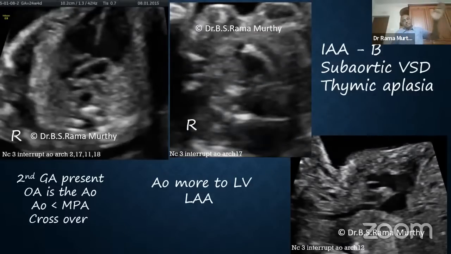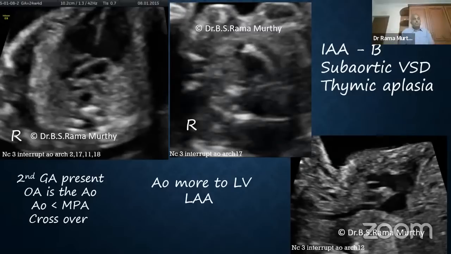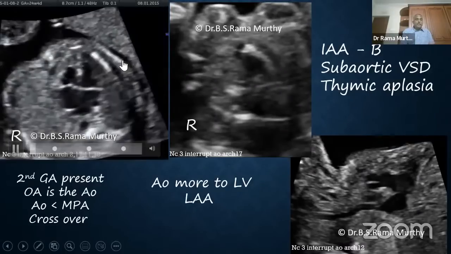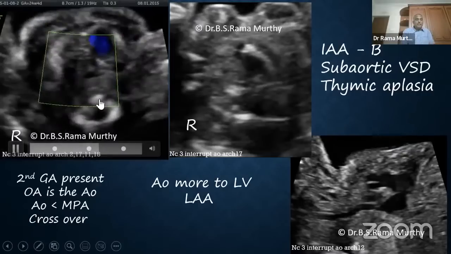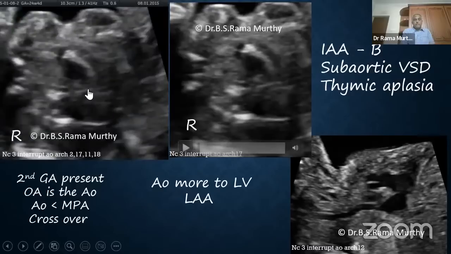All along the cases that we saw, only in the immediate last case, that is DORV with pulmonary stenosis, and in this case where the overriding artery on the VSD is small. Otherwise, all the other cases we saw was large. So when the overriding artery is small, you will also have to look for the identity of the artery. So I will wait for this clip to pan out. I will see that the larger artery which you saw was the pulmonary artery, which you can see here.